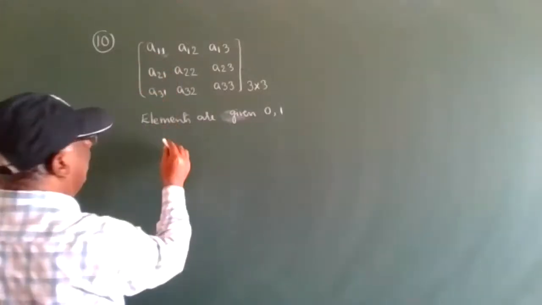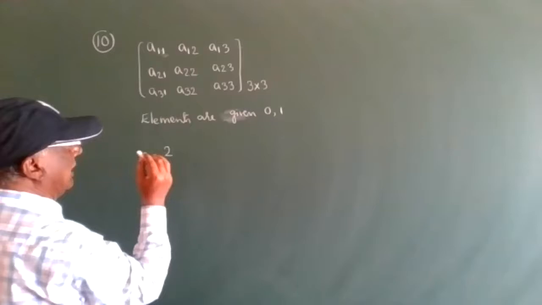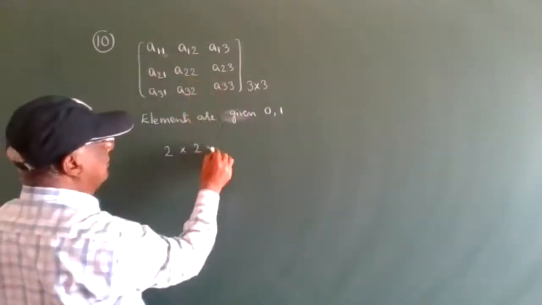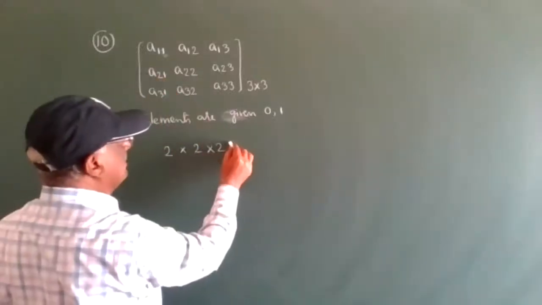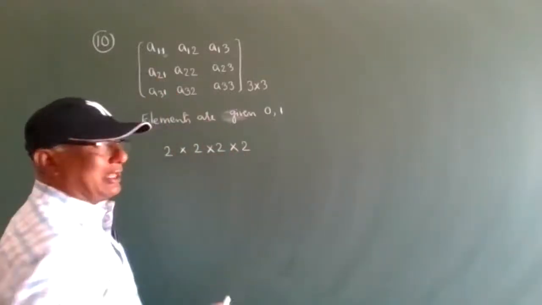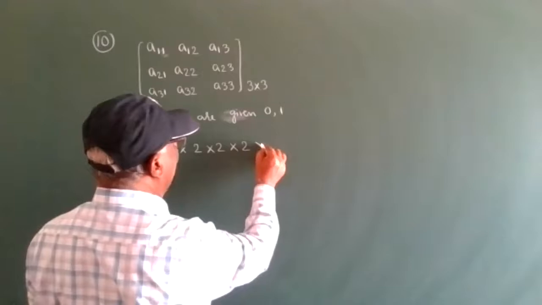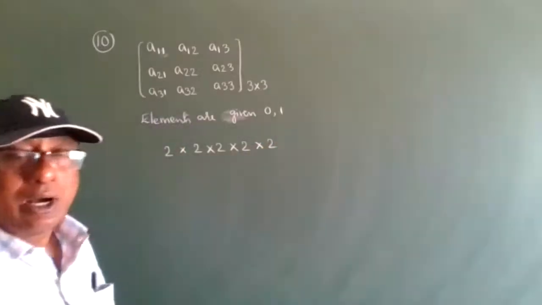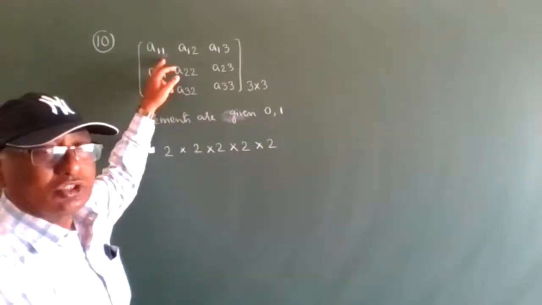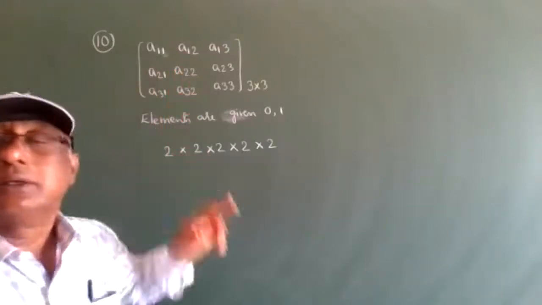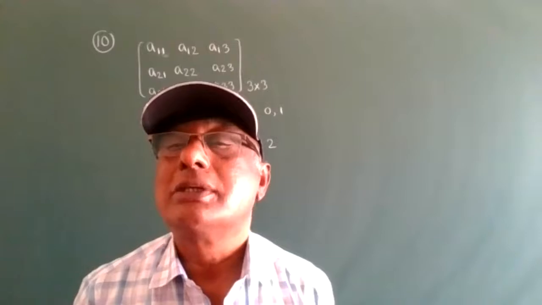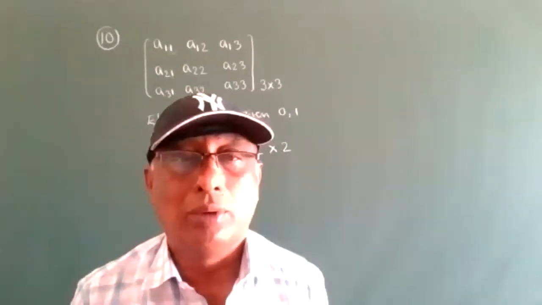The first place is filled by 2 possible elements. Next, the second place is filled by 2 elements, 0 or 1. The third place is filled by 0 or 1, 2 elements. The fourth place is filled by either 0 or 1. The fifth place is filled by either 0 or 1. The first place has the chance of 2 elements, 0 or 1. The second place also has chances. Everyone observe.